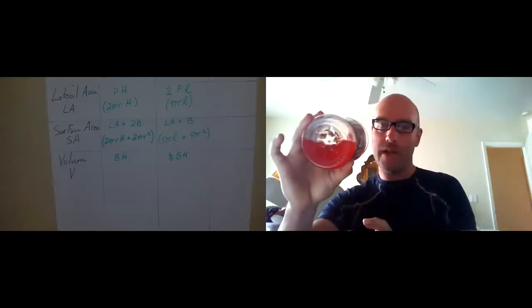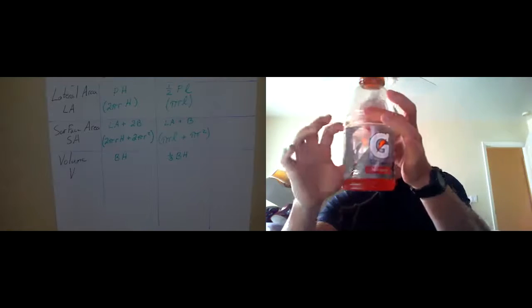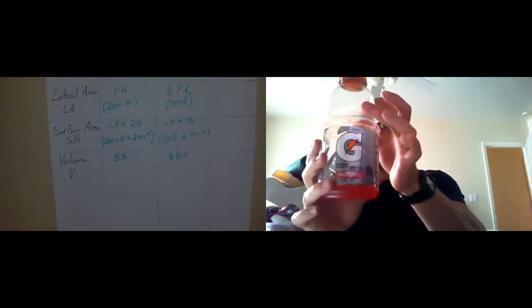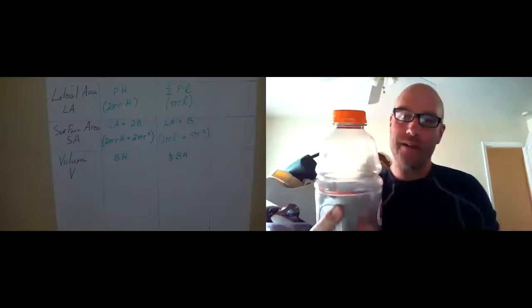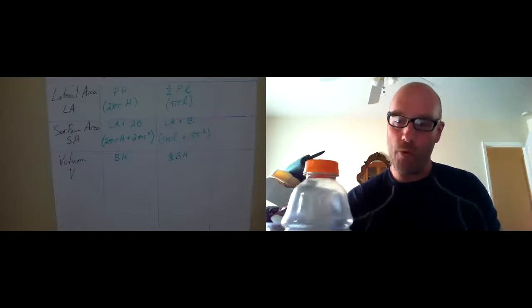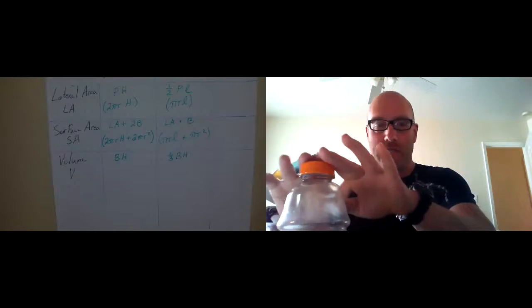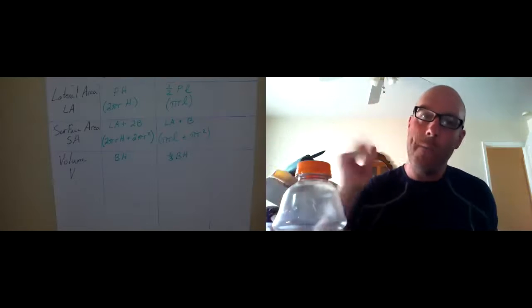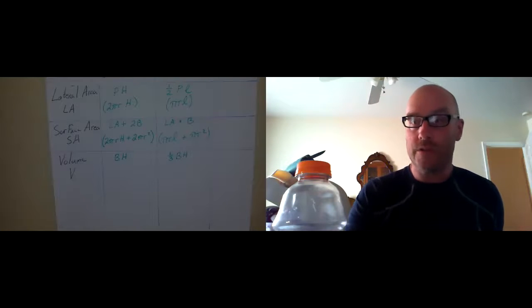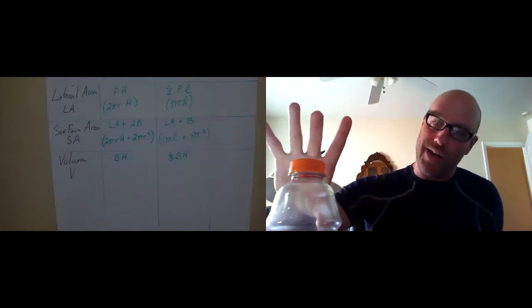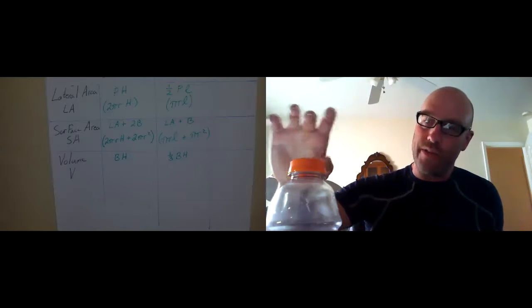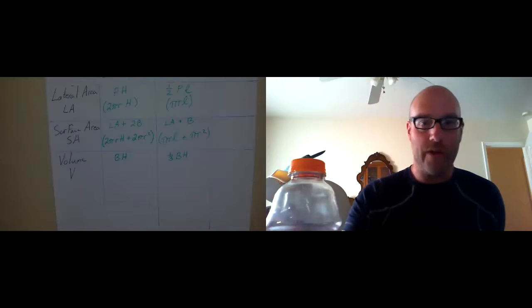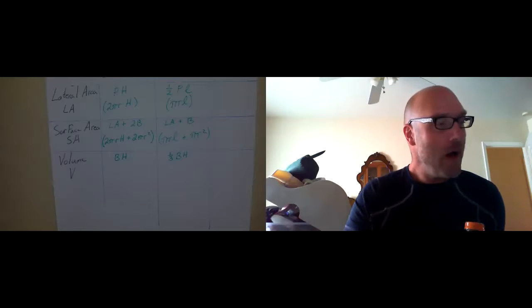The bottom of the cylinder is there. I had to make it out of plastic, or they made it out of plastic. But the top of the cylinder, and for that matter, the bottom of the cone, they certainly did not. Technically, it's not a cone because it doesn't come to a point. It's kind of slanting up and then it just stops. So it's like a cone missing a cone. Interesting. So if I were to find what height it would actually come to a point at, I could subtract off the little cone to figure out the volume. Stuff that you can definitely play around with in the